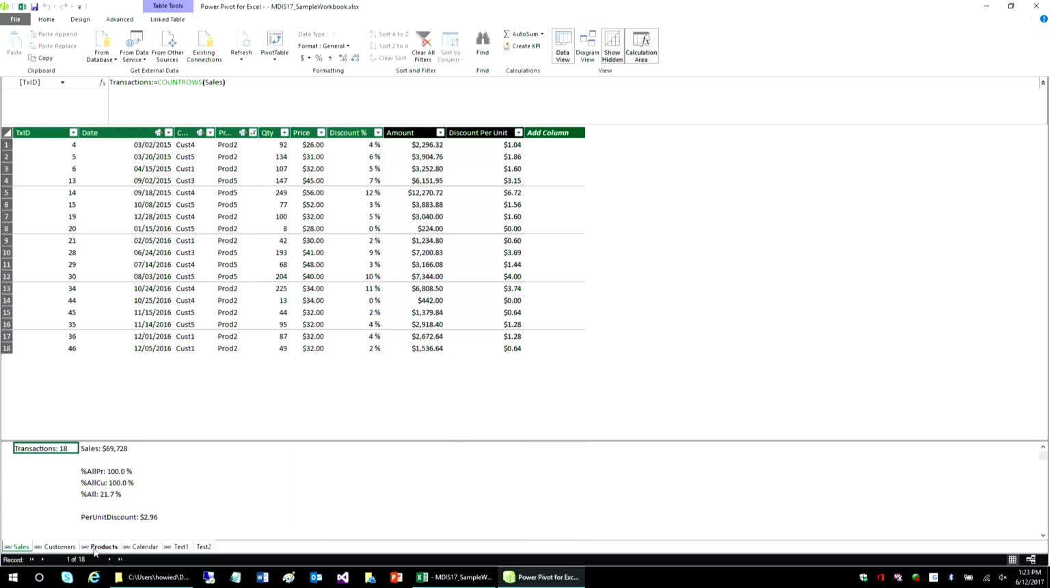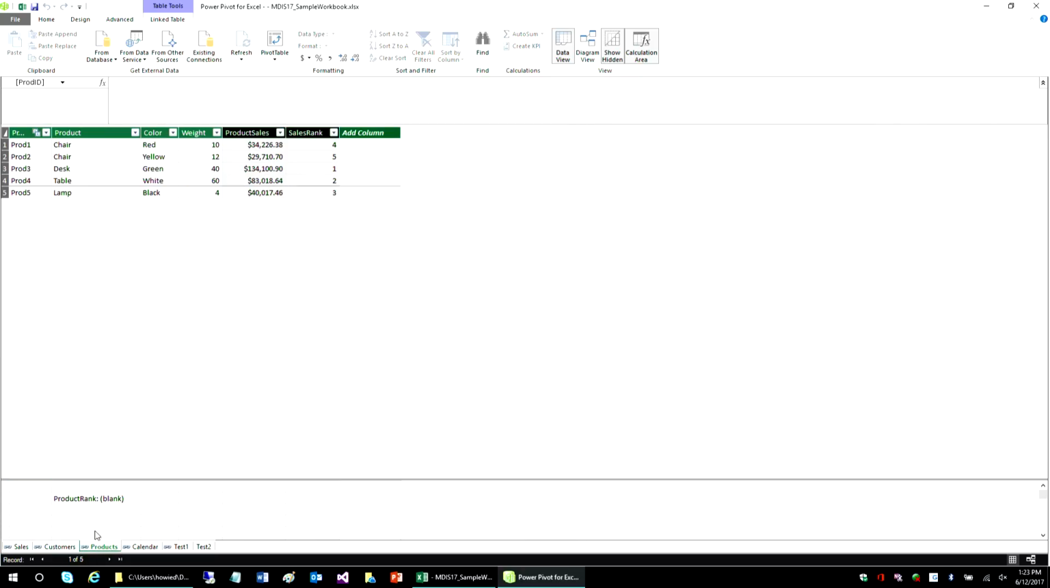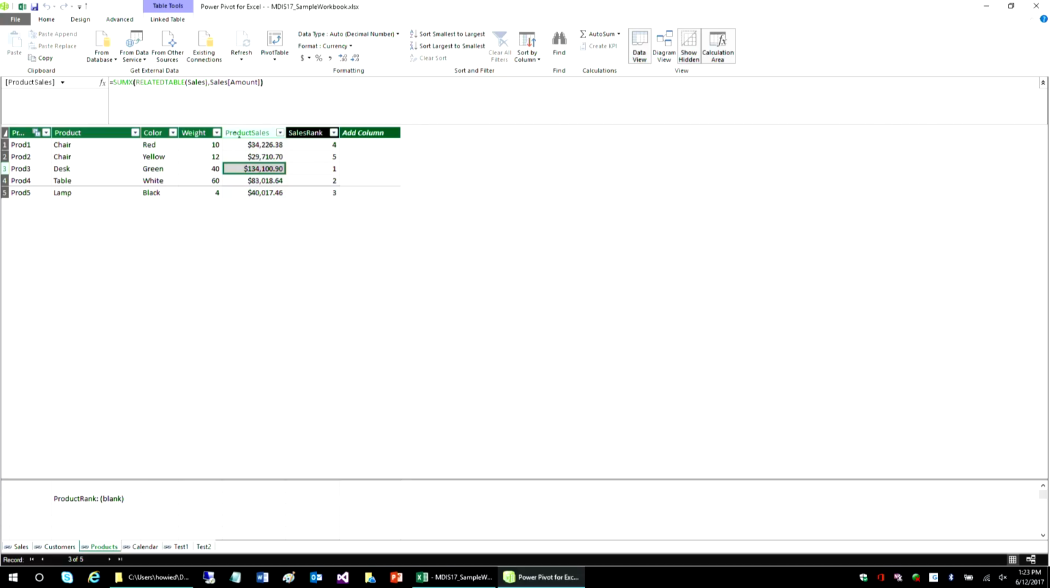If I go to the products table for some additional examples, we've got product sales here. This is a function that's very similar to VLOOKUP, but in the reverse direction. For a given product, I want to get the related table. I just bring back an entire set of rows. Give me the related table of rows from the sales table,